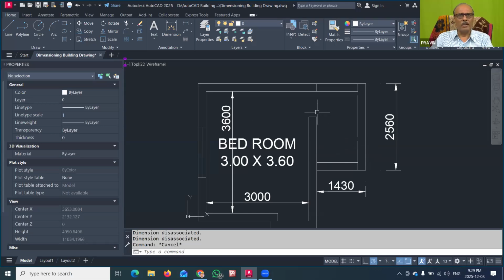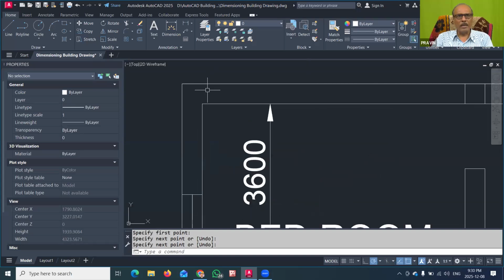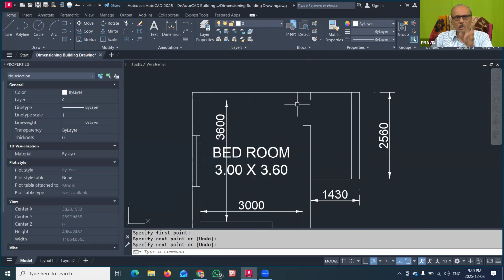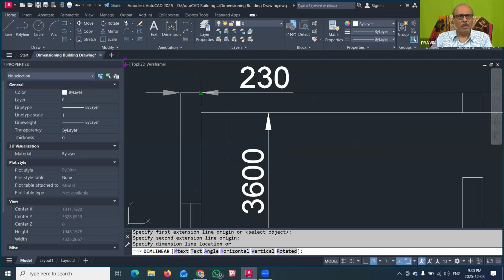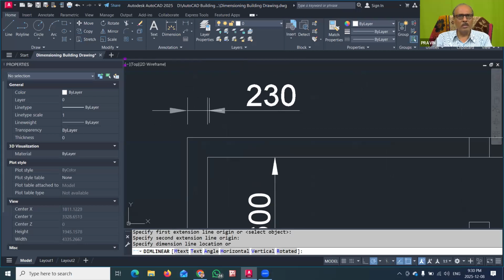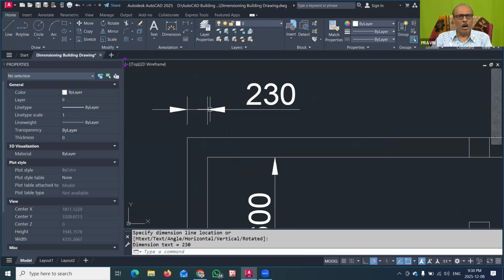Now as you know, suppose this is my building plan and suppose this is my column. This is my column here. At every wall, there are columns. Then I have to show the separate dimension of every room and the wall thickness. All that you have to show on the outer side of the building plan. For that purpose, we can go to the dimension command and click. This is our first point, and the second point I am tracking from here. In this dimension you can see, you have to place this 230 here, so that on both sides these line lengths shall be equal.